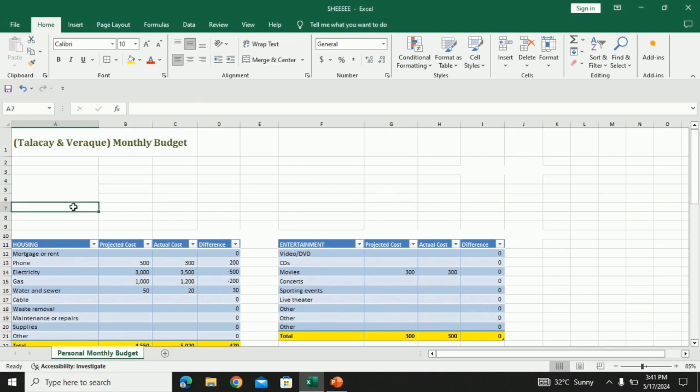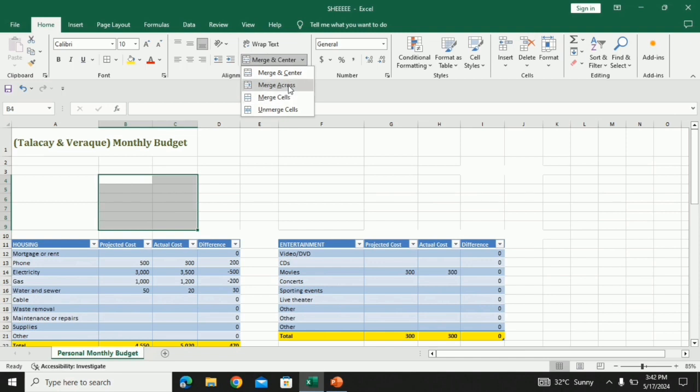And then go to alignment and enter merge and center. Go to alignment and merge across.